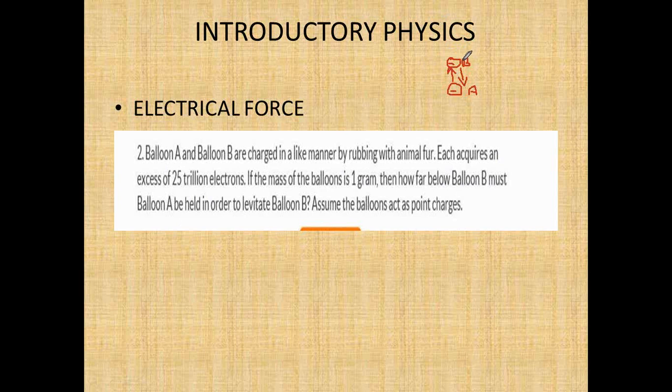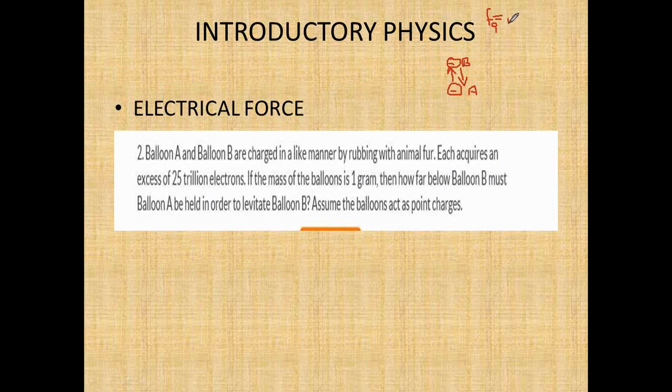Force due to gravity pulling balloon B downward is equal to the electrical force pushing upward on balloon B. What is the force due to gravity? Let's do that. The force due to gravity is equal to the mass times acceleration. Again, the mass, you have to be careful of the unit. It is in grams, so you have to put it in kilograms. So that is